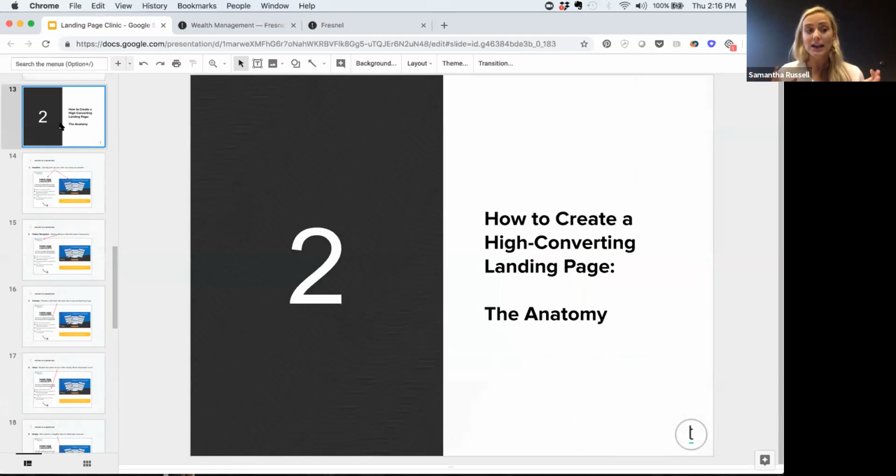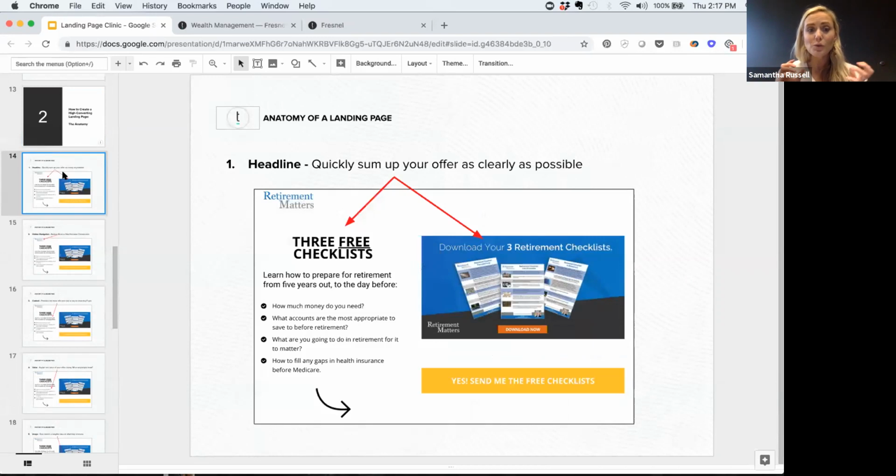So as you're building it, and again, we will share this presentation because I know everyone's going to furiously write these down. These are the tried and true strategy of how to build it so that it will convert the people who land on it to actually complete your call to action, your CTA. So the very first thing is your headline. You want to quickly sum up the offer as clearly and concisely as possible, but still in a way that makes people be interested. A poorly written headline can have you dropping off like 90% of the visitors as soon as they click, right? If it's not enticing to them, they're not going to stay.